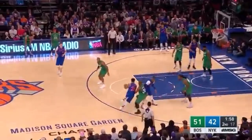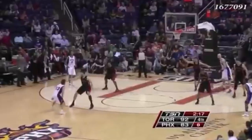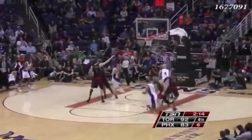7 from downtown here in the second quarter. As Rose with the scoop. Nash gets by Bargnani and